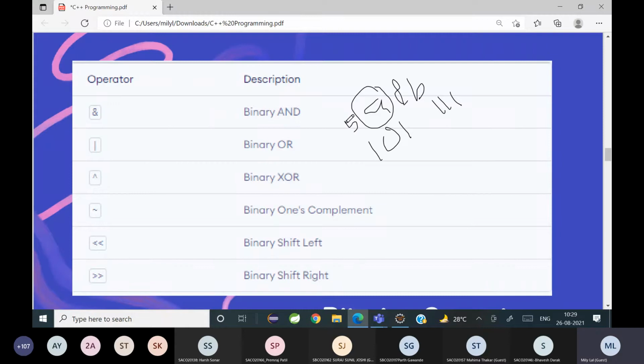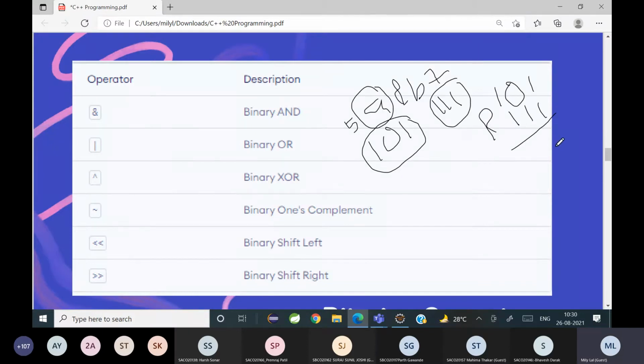Yeah, I'll just repeat. Suppose A contains 5 and B contains 7. ठीक है, A का वैल्यू 5 है and B का वैल्यू 7 है. तो जब स्टोर होगा, 5 is going to be stored as 101 and 7 is going to be stored as 111. Now, when I'm using a bitwise operator, a single ampersand sign, A and B, it means 101 and 111. तो आंसर क्या होगा?